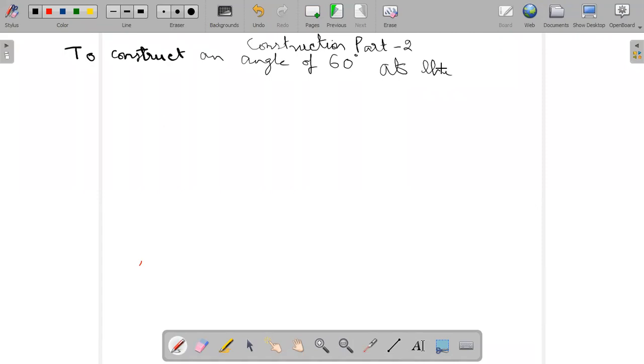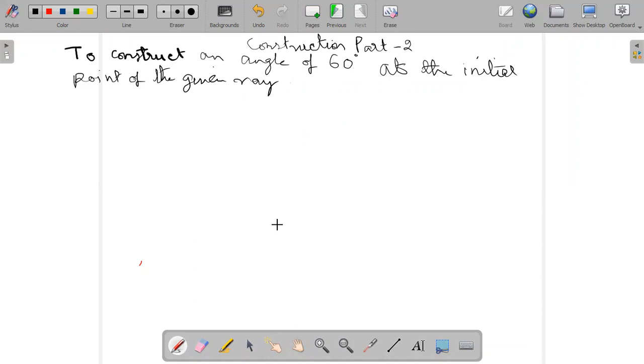This is how, in class 9th as well as in class 10th, we will use a compass to draw the angles,